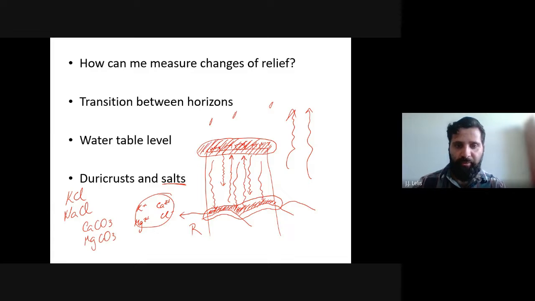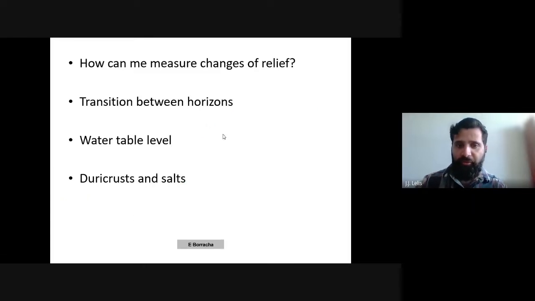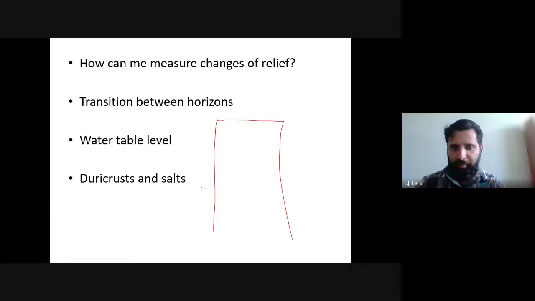They start to precipitate in the surface horizon. They could be precipitated inside the soil in the subsurface horizons, but the highest content of salts you can find is in the surface. So if you find a paleosol, an ancient soil,